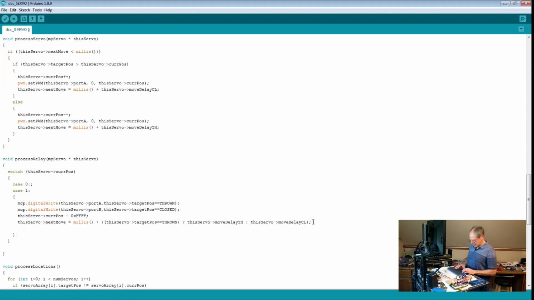And then we need to give it a break so that it actually stops execution here. It goes back to the loop, and then when it comes back next time, the current position here is neither 0 nor 1, but it's 0xFFFF. So we do a default, which means in all the other cases that's what you do. And if it goes in here,